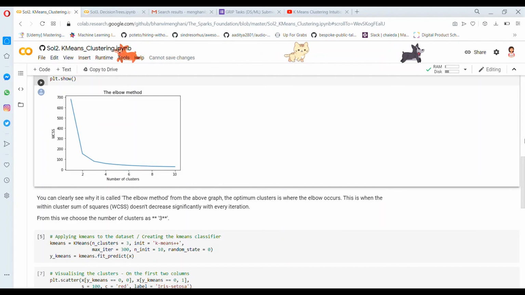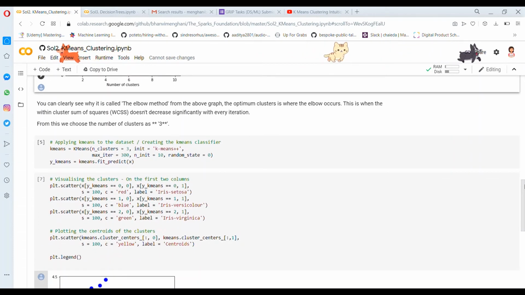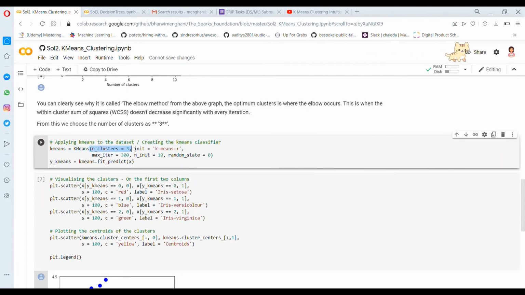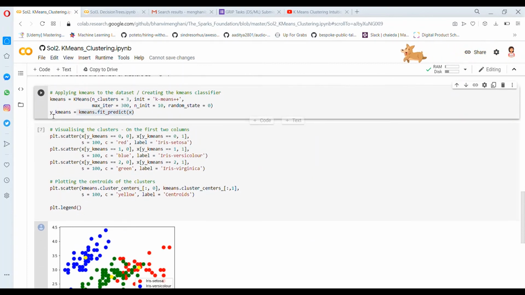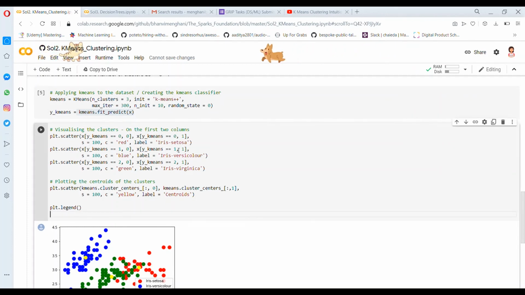Okay, next we have applied k-means with 3 clusters, and we have called the fit and predict method to train our model, and our trained model is set in the y k-means value. Now for understanding it better, we have used a visualization method wherein we plot all the 3 kinds of iris dataset values, or the 3 clusters which we have made. The first one is Setosa, the next one is Versicolor, and the third one is Virginica.